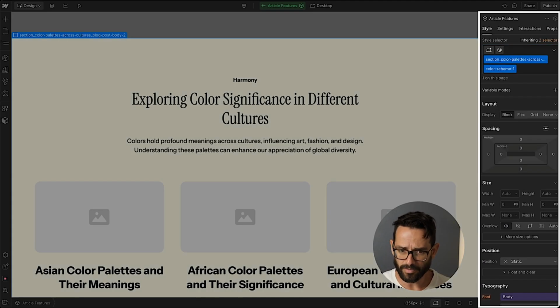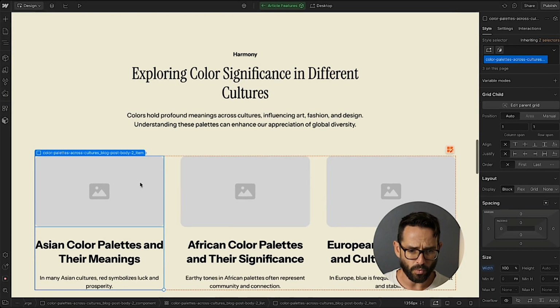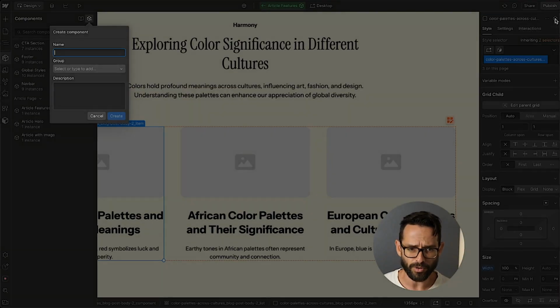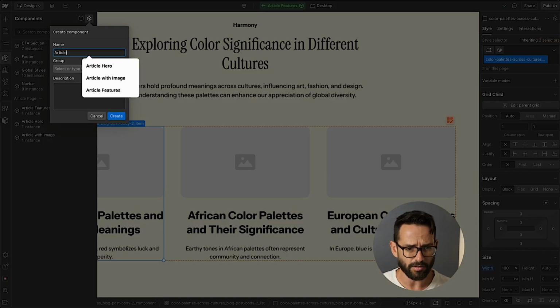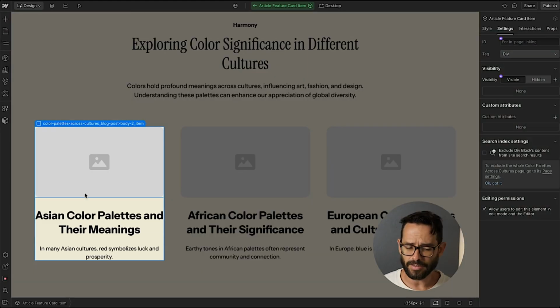Color scheme 1. Fantastic. Okay. So let's pick one of these cards first, and let's turn that into a component, and let's call this article feature card item. And we can also put this in the article page because it's part of that. This is now a component, and of course we can go ahead and